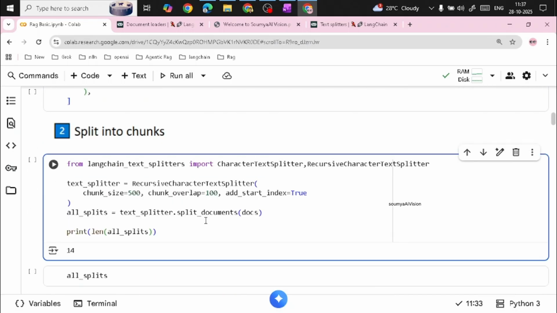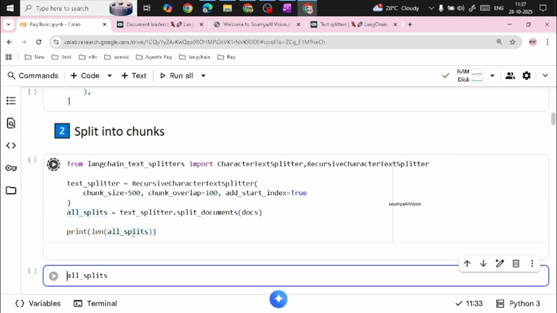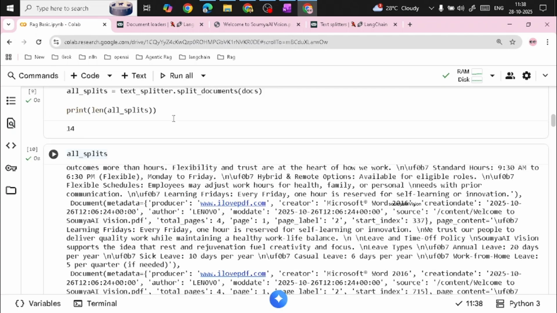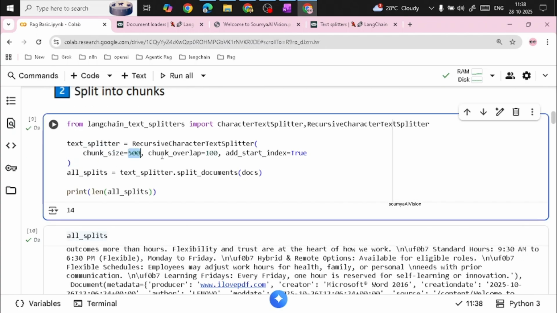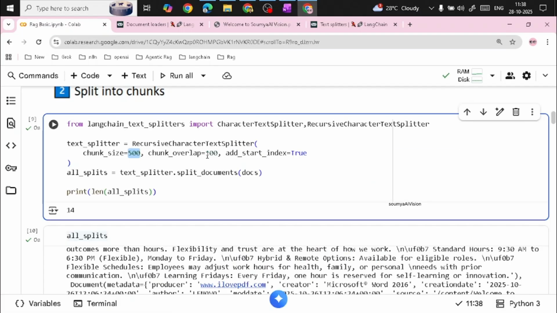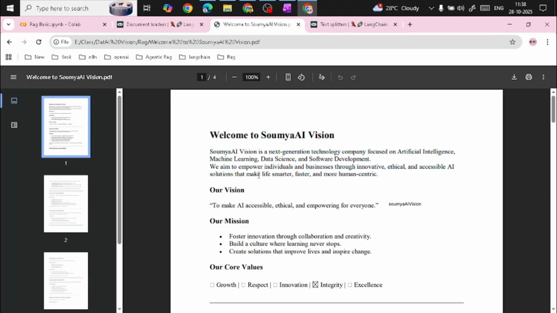Now once we create the split, let me run this. Now all are split. If you see what I have given here, the chunk size is 500 and the overlap is 100. What exactly is this overlap? Suppose it started here with "Welcome to Soumya AI Vision," and here it completed my 500. Now the overlap size is 100, so it will take these 100 characters from here,